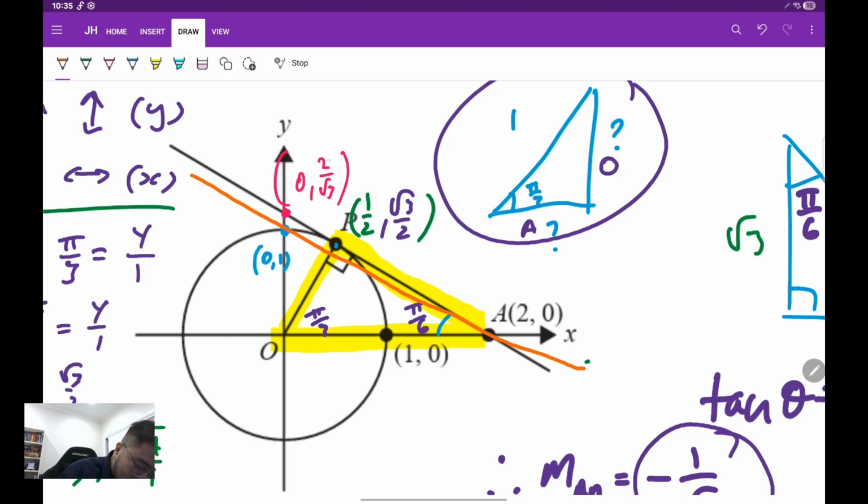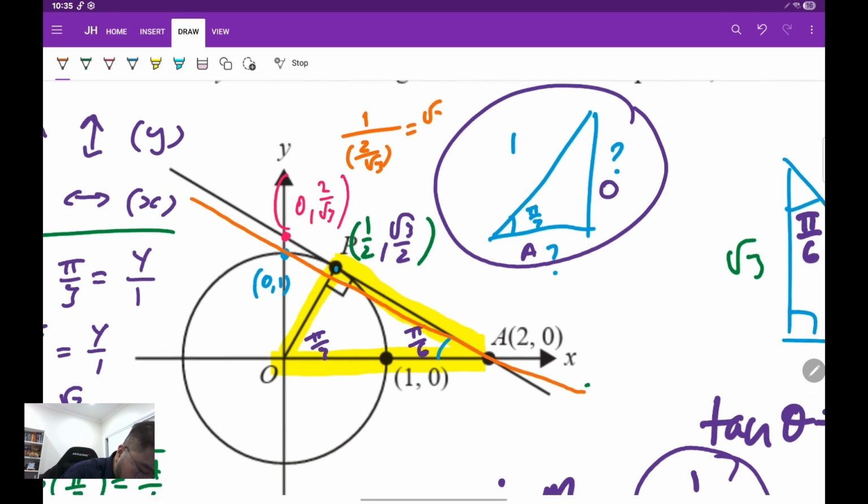So our question is, if we can only dilate down to 1 and we've got 2 over root 3, we can use scale factors to work out the actual dilation that we want. So where we want to go is 1. Where we started from was 2 over root 3. So this means that we can only dilate by a maximum of root 3 on 2